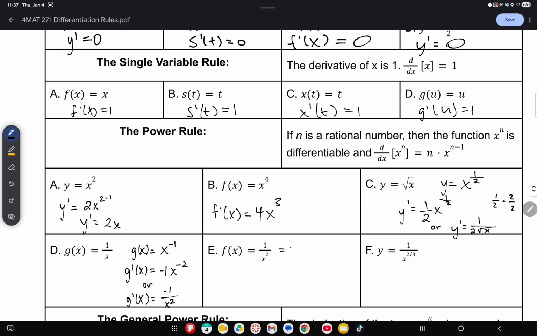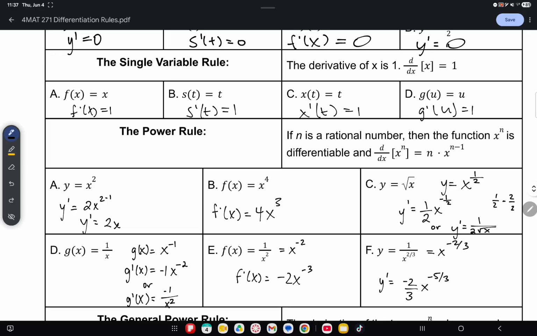Same idea with this one. We can make that x to the -2 so that our derivative is -2 x to the -3, or -2 over x to the third, right? You can make this x to the -2/3 so that the derivative is -2/3. Then we'll subtract 1, so -2/3 minus 3 over 3 is